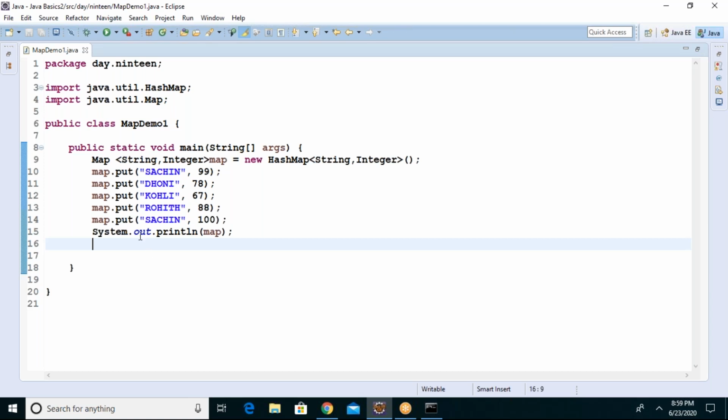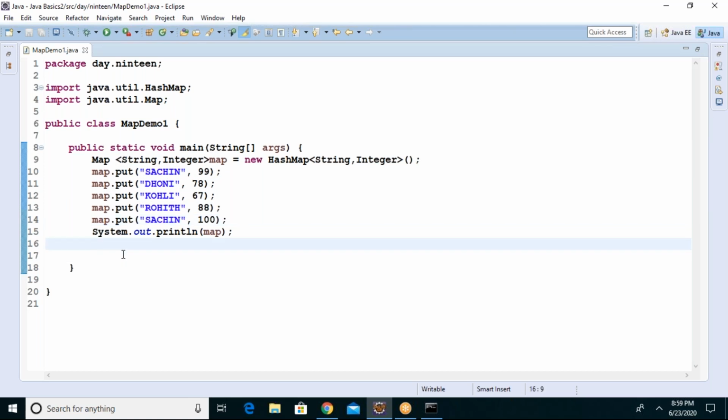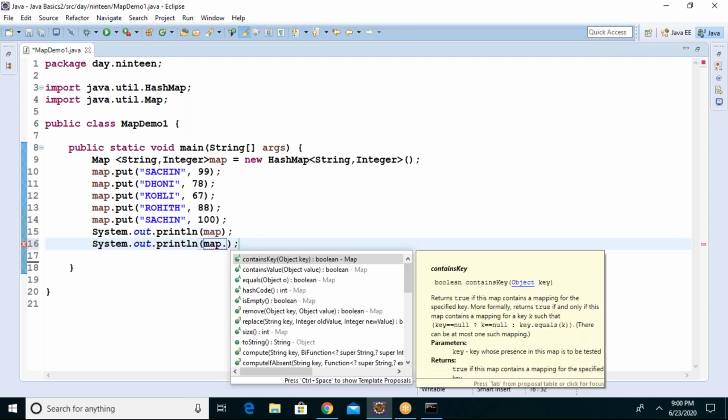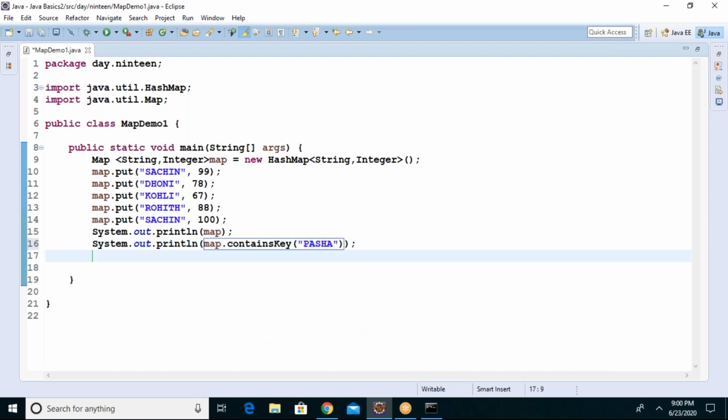Yes. Not only storing in the map, another advantage of map is that it provides some beautiful methods. Suppose I want to check whether any key is present or not, you say map dot containsKey, and it will tell you whether this person is there or not.